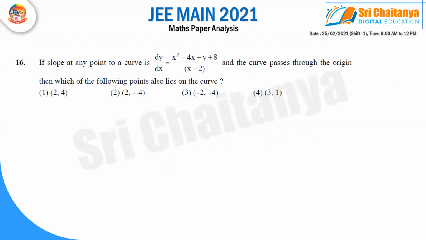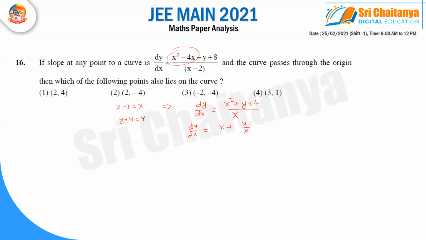Next question. Now he is using the term x minus 2, and here if you see properly, this term is there. So what I will do, I will assume x minus 2 as capital X for easier calculation. So what will I get? dy by d capital X equal to x minus 2 whole square, which will be x square minus 4x plus 4. So x square plus y plus 4 divided by capital X. Now I will be assuming y plus 4 is capital Y. So basically I am getting dY by dX equal to (X square plus Y) by X.